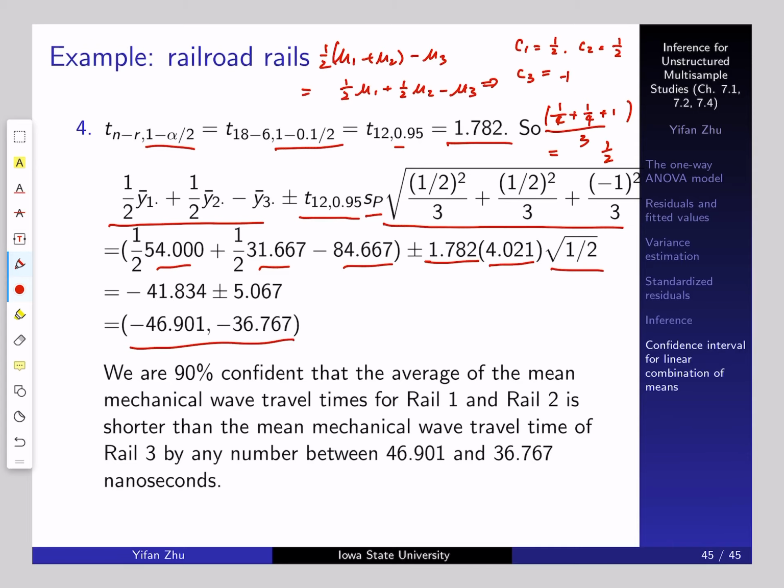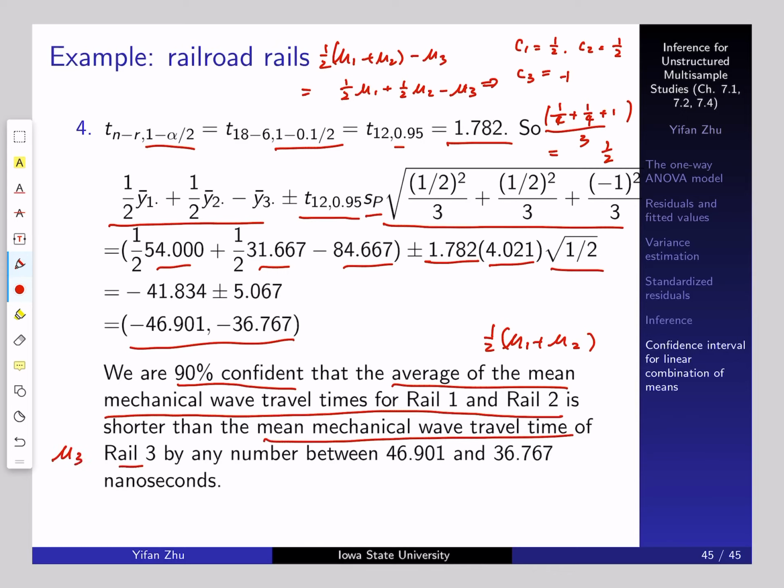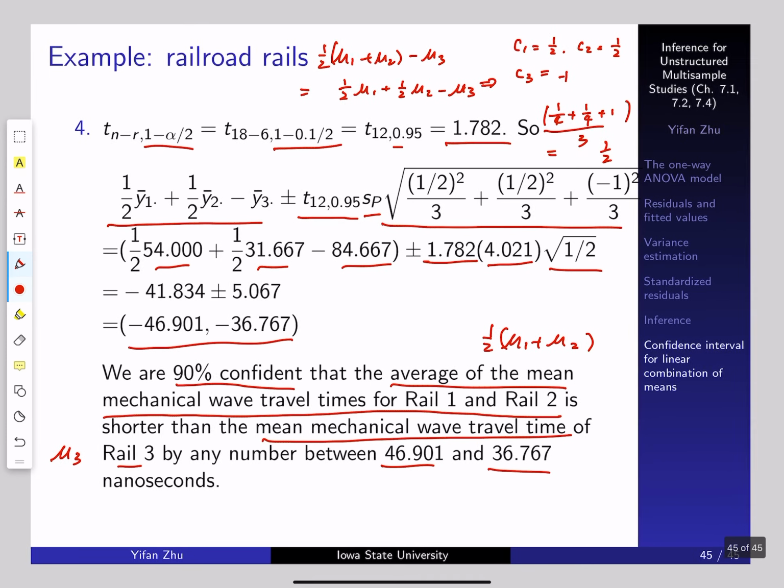And then we are 95% confident that the average of the mean mechanical wave travel time for real 1 and real 2, so this is just 1/2 times mu1 plus mu2, is shorter than the mean mechanical wave travel time of real 3 by any number between these, 46.901 and 36.767. Okay,